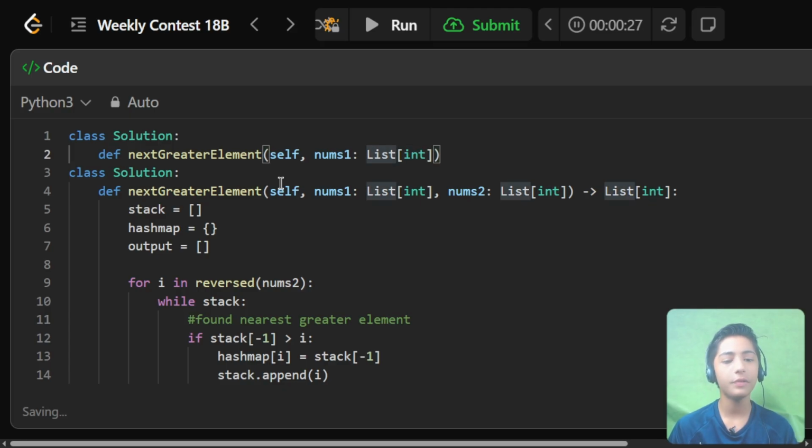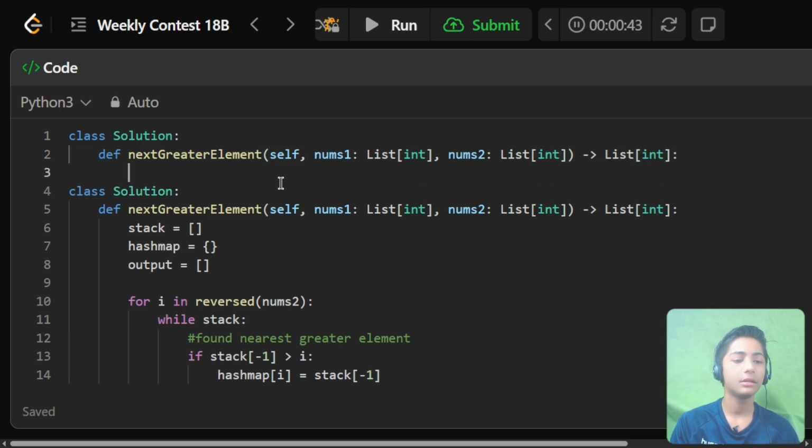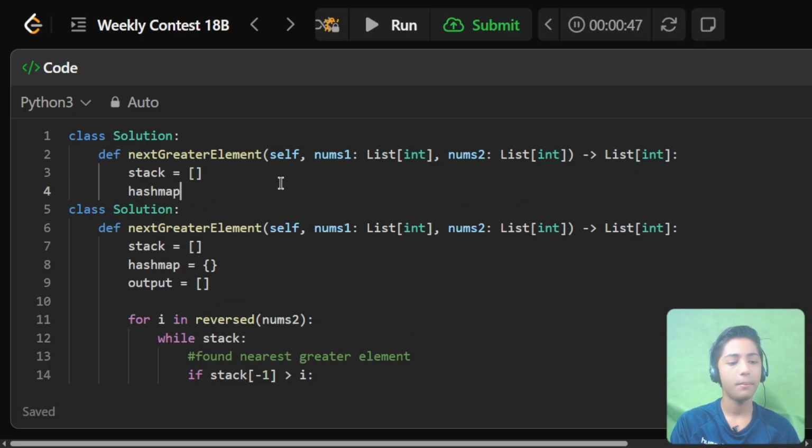Let's define here List[int], meaning that nums1. Why write here nums1 and List square bracket int? Because nums1 is our integer array, so that's why. Then here I define the same thing as I defined before for nums1. Here I define List[int], because nums2 is also an integer array. Then stack and hash map.